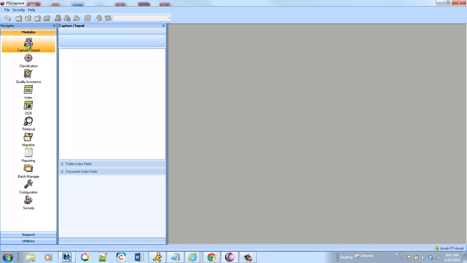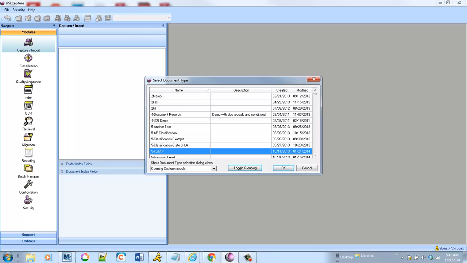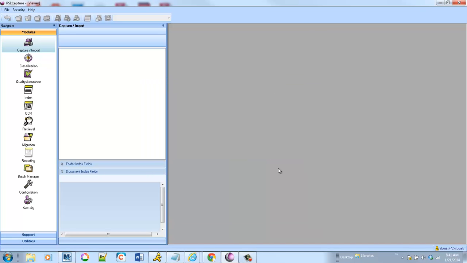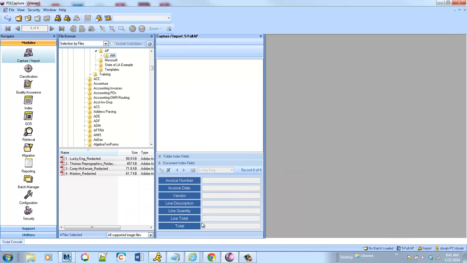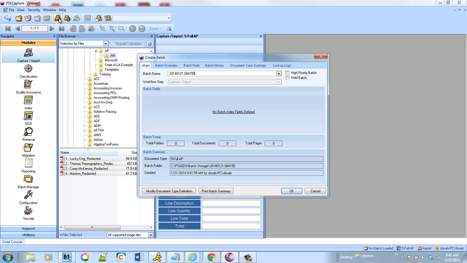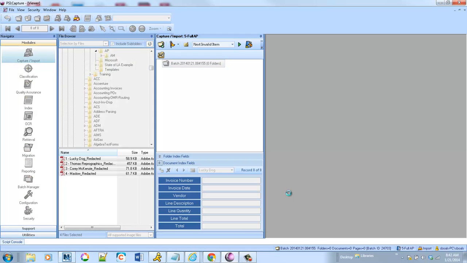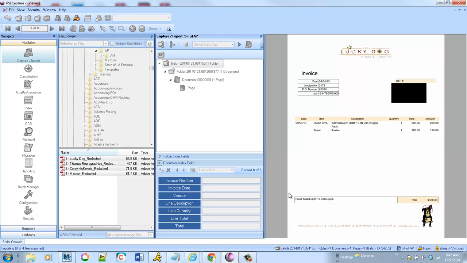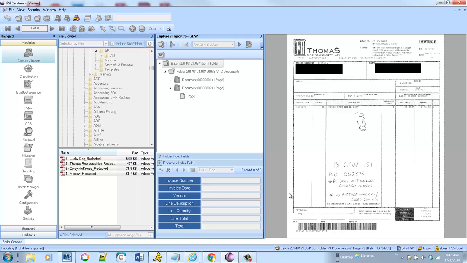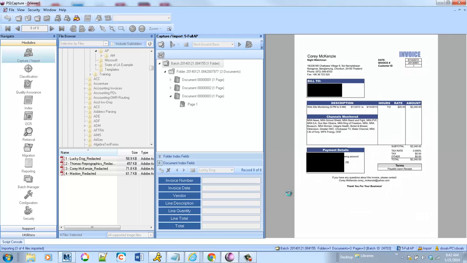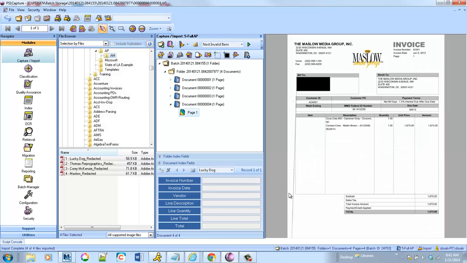So in this example, I'm going to use the full feature set of the product to process some invoices that I've scanned from a copier. So I've scanned in a set of invoices, and as they get processed into the system, we're going to do a few things. So you'll see they come in one by one, and for multi-page invoices with supporting documentation, we'll automatically split using